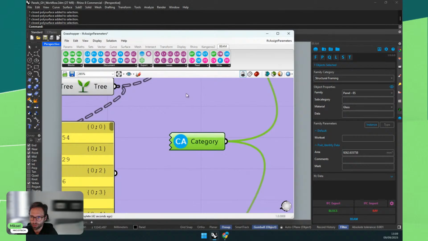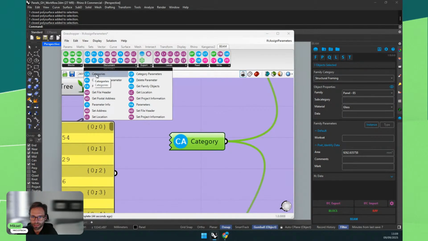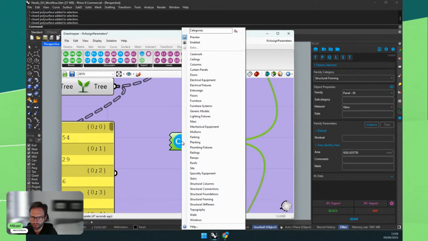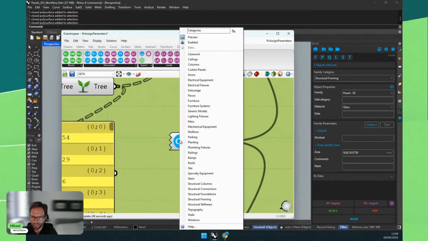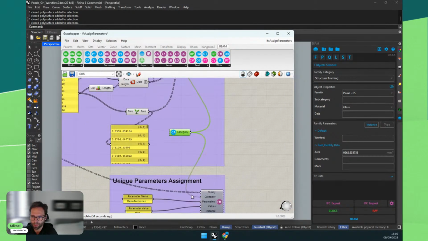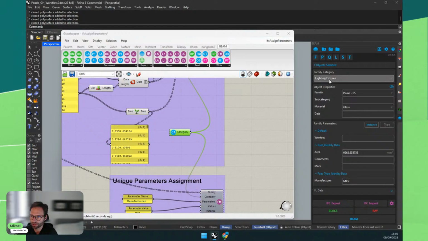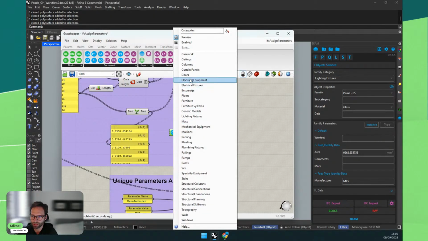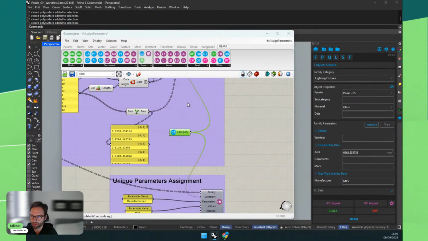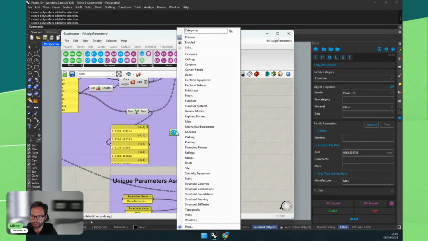The category node, which you can find in document categories, is maybe a bit complicated. If you right click, you can plug here any name in string of these values, but you can also right click on the icon and you'll be able to choose, as you can see, lighting fixture. So as they change the value, it will update my selection value.